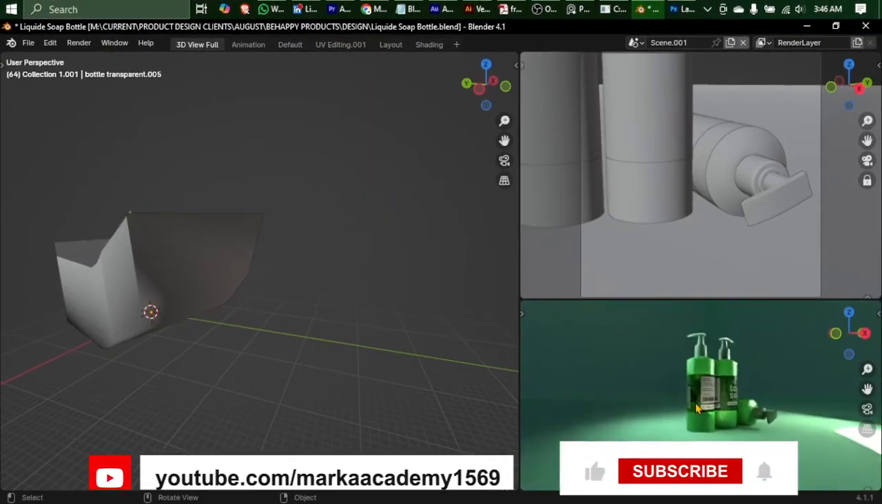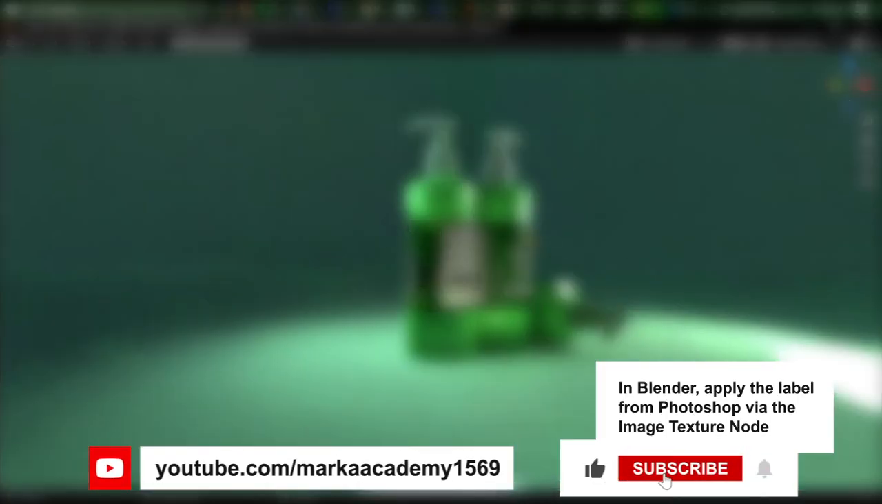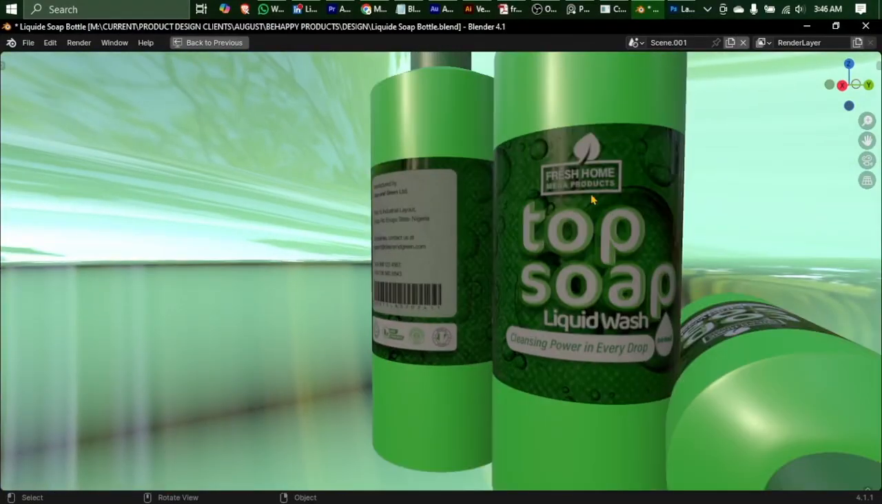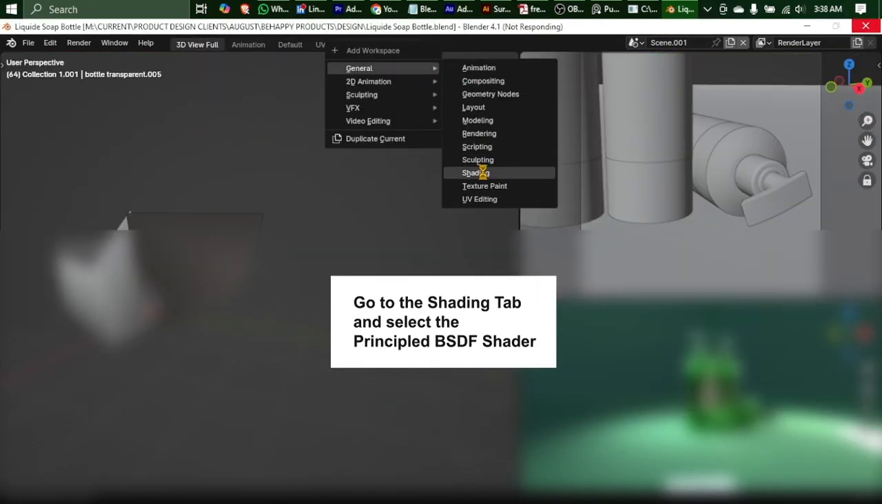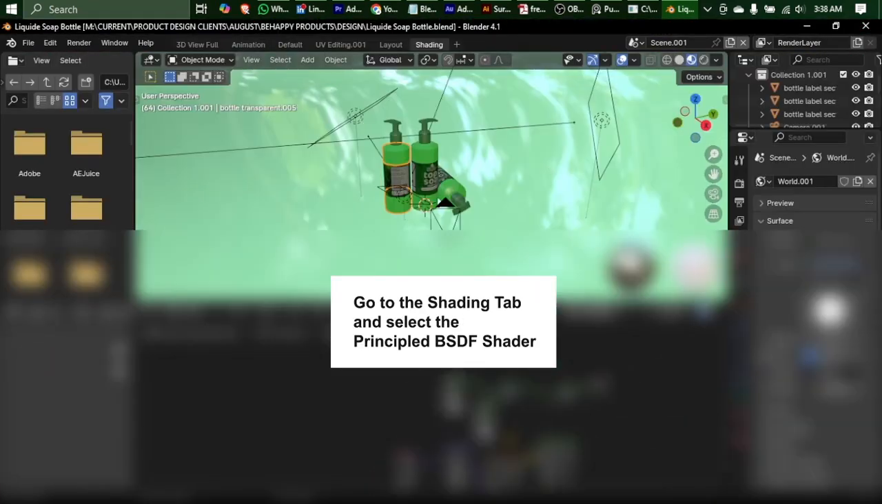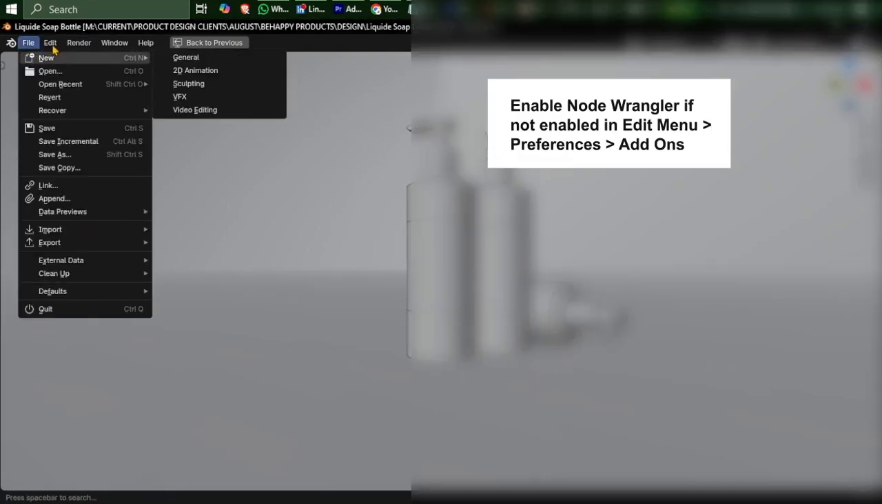Now the fun part. 3. In Blender, when designing a 3D model like this product can, you will need to apply the label design in Photoshop. Go to the shading panel, select the Principled BSDF shader, and press Ctrl T with Node Wrangler enabled